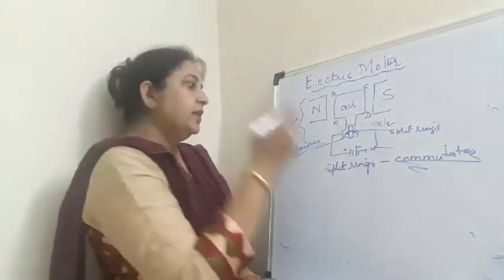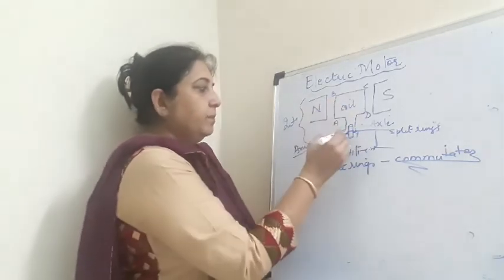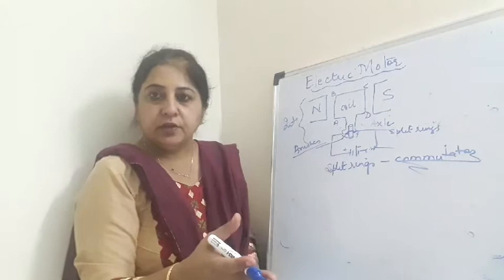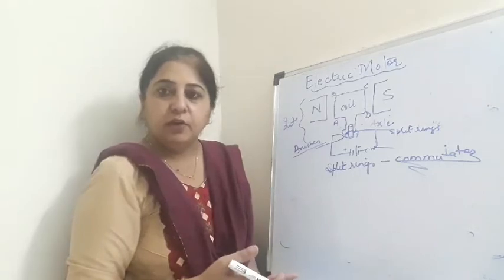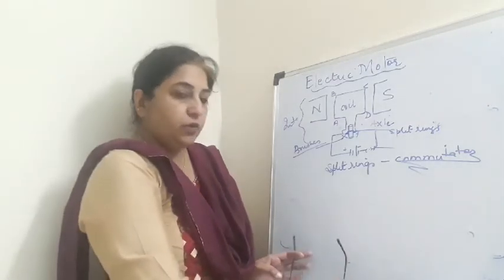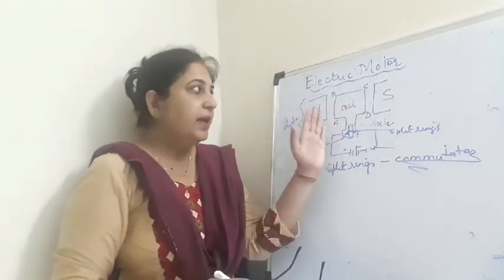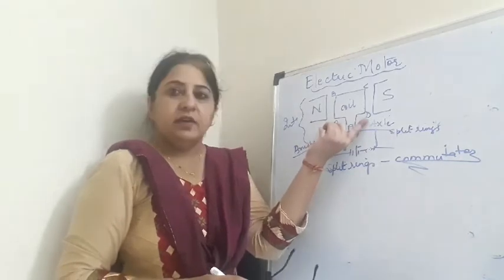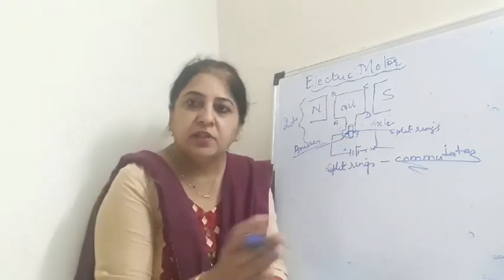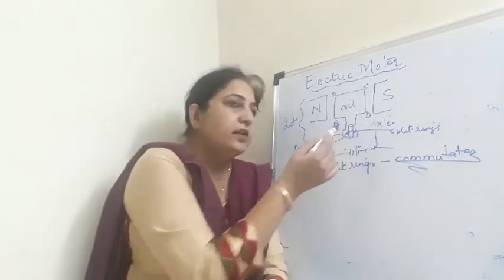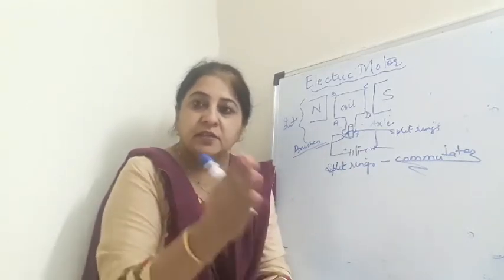As I told you, when the current enters from X to Y through this ABCD, and the coil starts its motion, what happens? The direction of the current, I told you, we can find by Fleming's left hand rule. So when the armature coil is rotating, the direction of the current keeps changing in the two sides, AB and CD. Now how does this change in the direction of current take place? With the help of split rings, because split rings also change places in between. Split rings are the halves of two rings, so one half exchanges with the other.